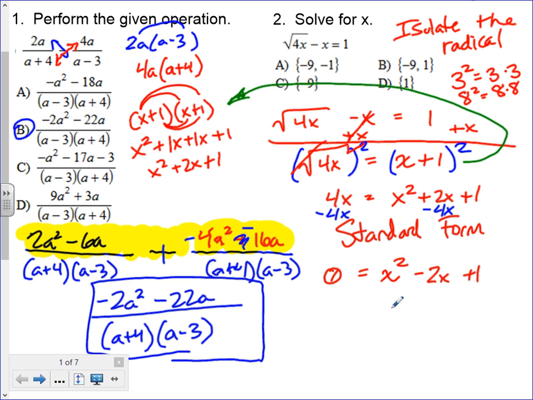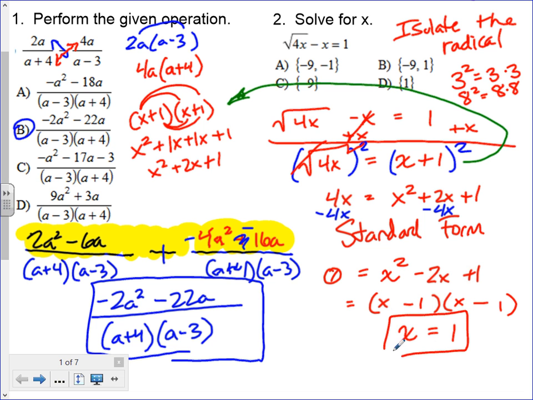What I like to do, I always like to check and see if I can factor it real quick. Can you factor that? How'd you factor it? Good. That's impressive. If you see that, that's impressive. Negative 1 and negative 1. Negative times a negative is positive. Negative 1x and negative 1x gives you negative 2x. Good. Getting better at factoring. So the answer then would be